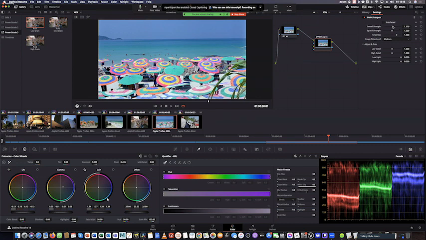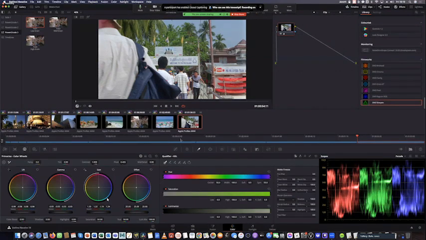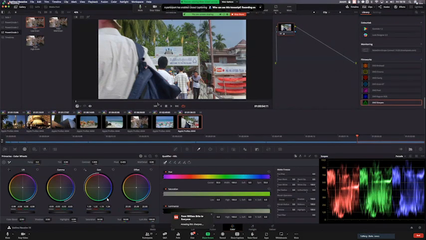If I come over here, I can actually bring it up quite a bit and just use the spatial strength if I want to, and I can change the crispness for it. And then if I come out, you can see there's the difference before, after. Okay. So then if we come next to this particular shot,